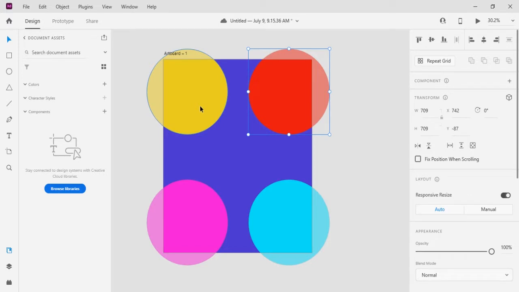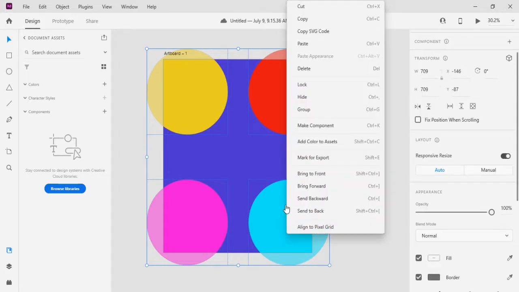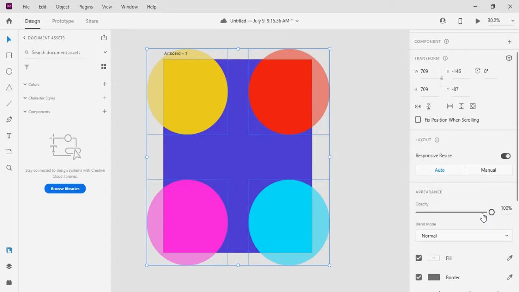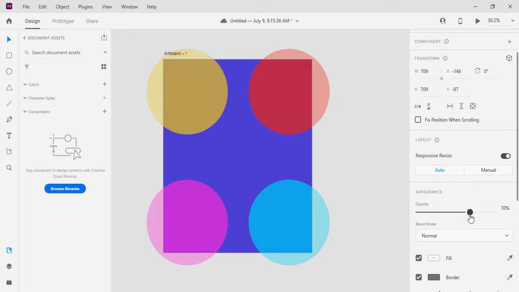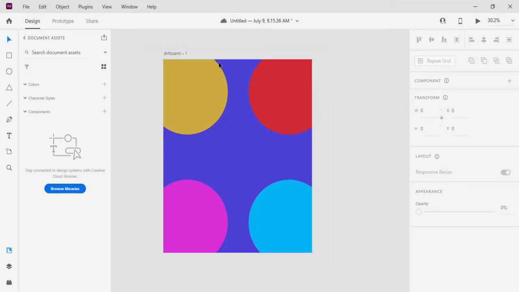So I'm going to select the circles. First of all, I'm going to reduce the opacity. As you can see, the opacity here is set to 80. So next thing I'm going to do, I'm going to group them. After doing this, what I'm going to do next is to